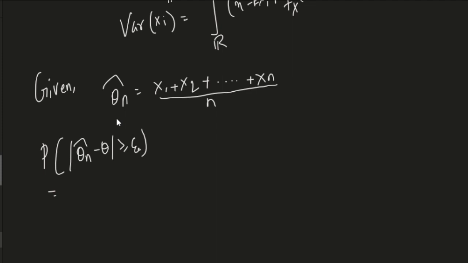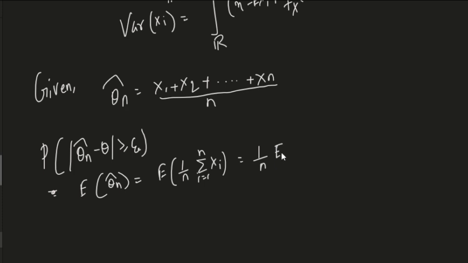Now this means that we can use Chebyshev's inequality here, because we see that E of theta n cap is E of 1 by n summation of i equals 1 to n Xi, which is 1 by n times n theta, and this becomes theta, right? Therefore using Chebyshev's inequality we have